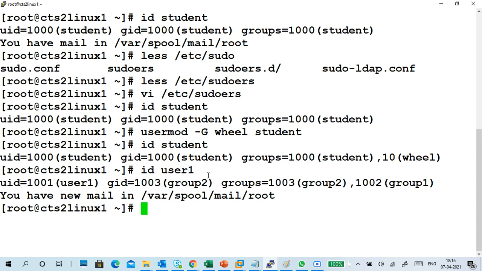id user one, to see the groups. User one has one primary and one secondary. One primary will be there, of course. This is the primary, this is the secondary. Some extra secondary groups are already there. Now if I add a new secondary group,